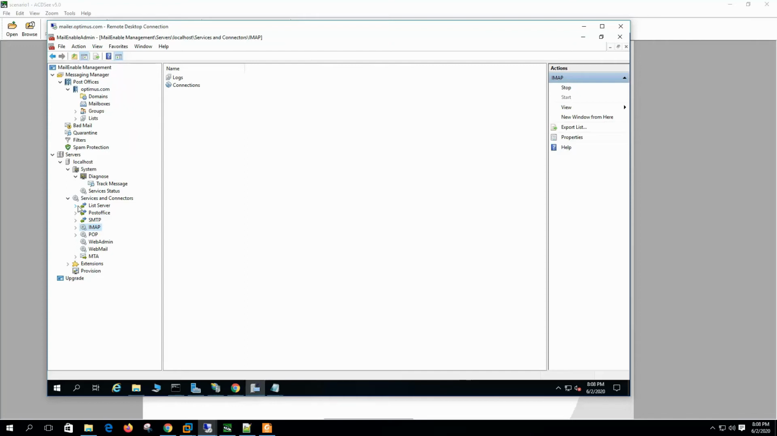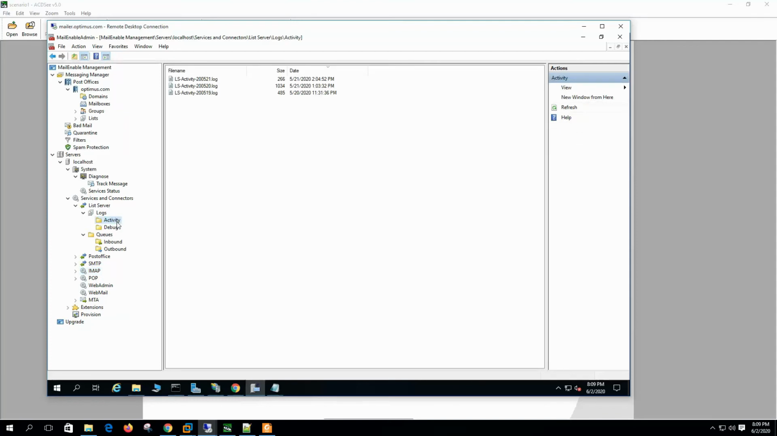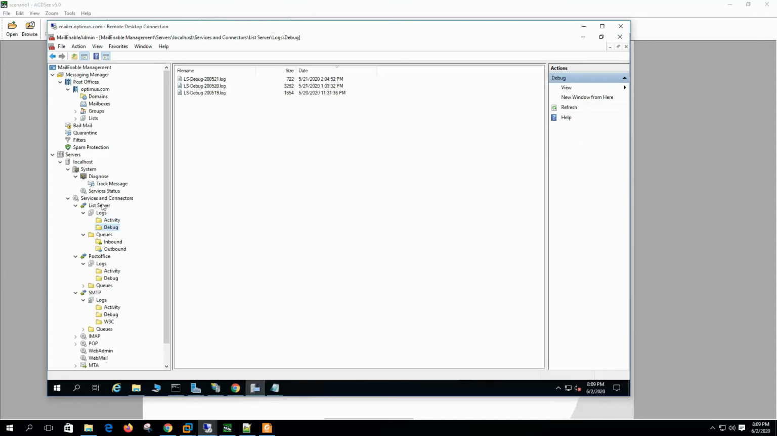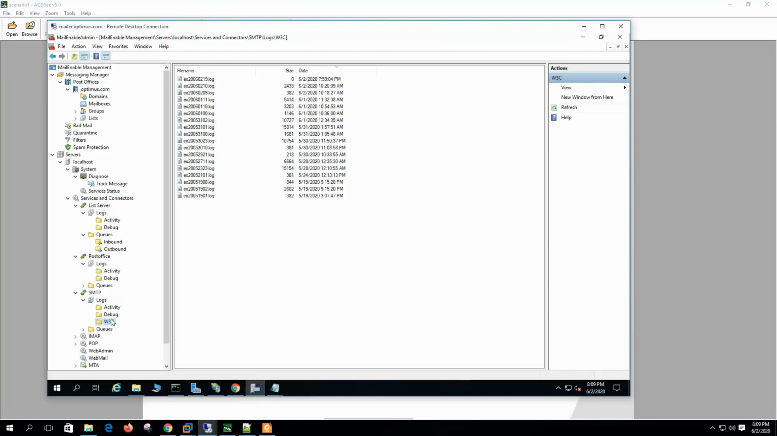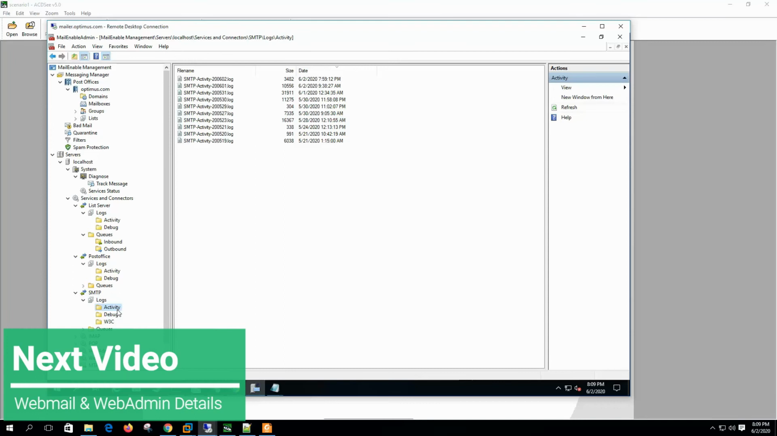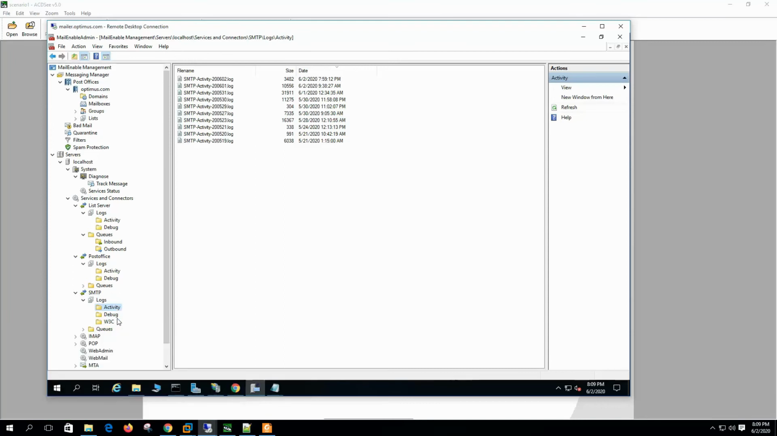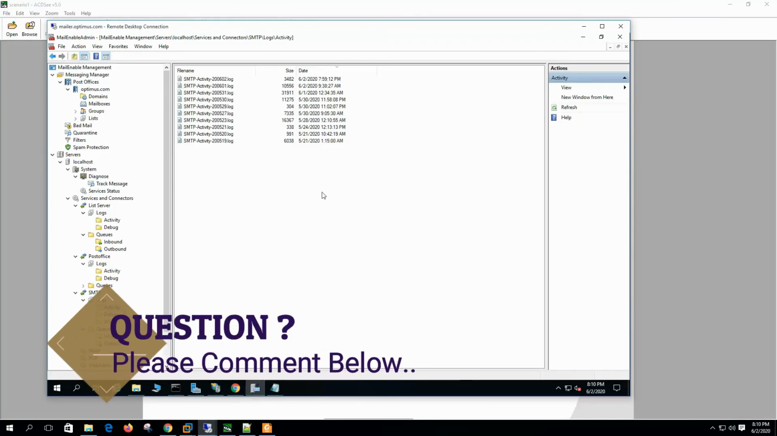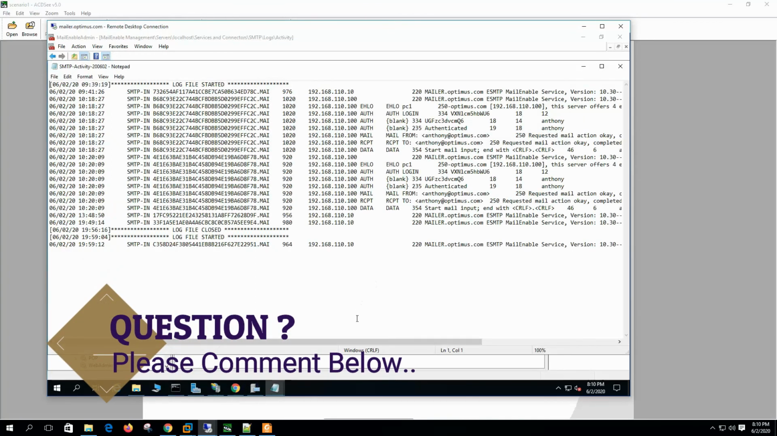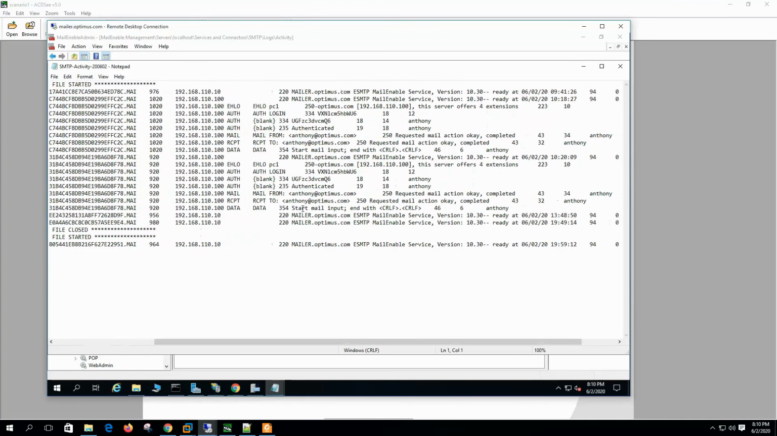Each connector has a log and queue underneath. Here are 3 types of log. Some list shows 2 types of log, activity and debug, and some show 3 types of log. W3C logging is used to record the service usage. Activity logging is used to record the system activity, and debug logging is used to provide low level information on the system. If I show you the activity log, here you can see the per transaction activity,